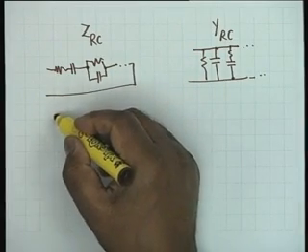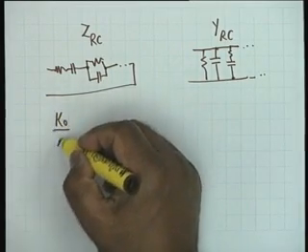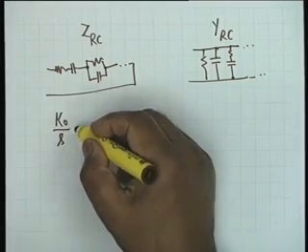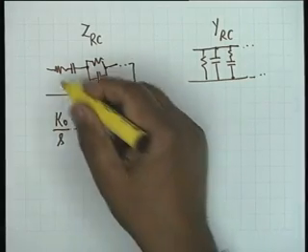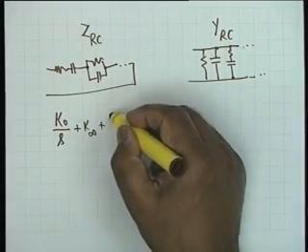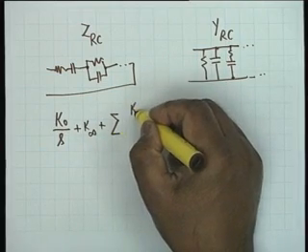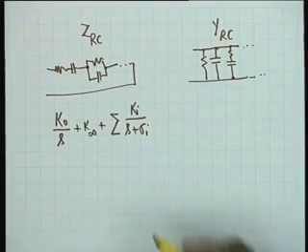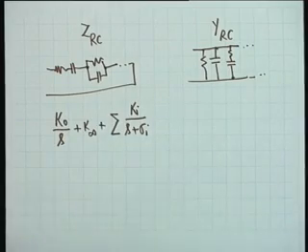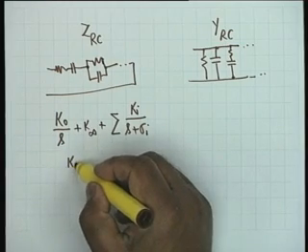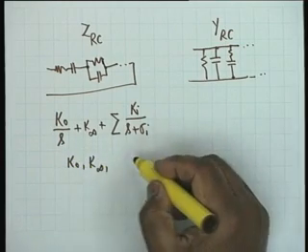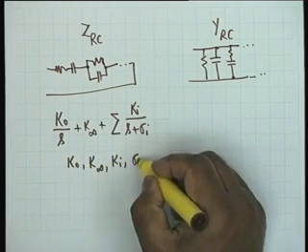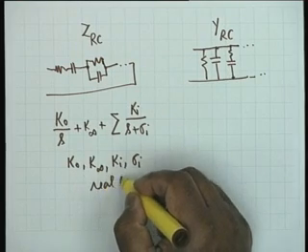The general form was K0 by S due to this capacitor plus K infinity due to this resistor plus summation of terms like Ki divided by S plus sigma I, where Ki's and sigma i's are expressible in terms of the individual resistors and capacitors,